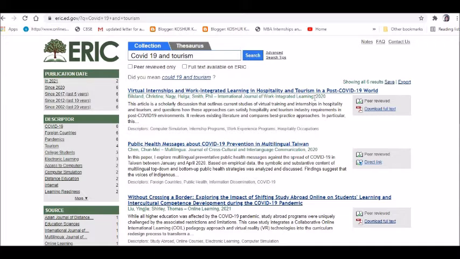Now, in order to grill yourself much further, what you will do in a systematic literature review is start reading all the things that are available to you through this research, for this particular topic, that is COVID-19 and tourism. You will start looking for all these things, and wherever download full text is available, you can download it and read it. Descriptors are there, and in my earlier video I told you this also becomes one of your tables, saying that the keywords chosen here are COVID-19 and tourism.